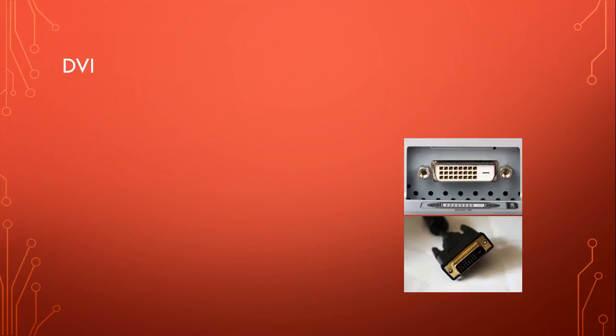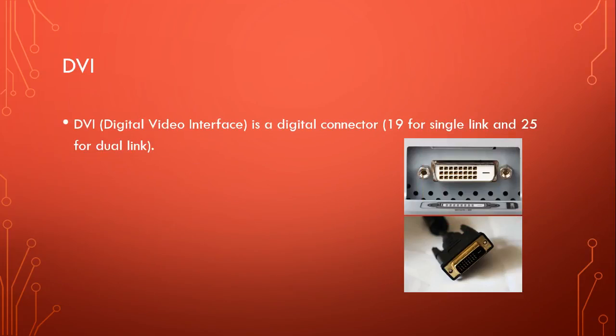All right, then we can look at DVI, which is our first digital signal. So DVI, digital video interface, is a digital connector. You have either a 19-pin connector for a single link, or you can have a 25-pin connector for a dual link. And the reason why you'll notice that it's kind of an odd number is because if we look at,